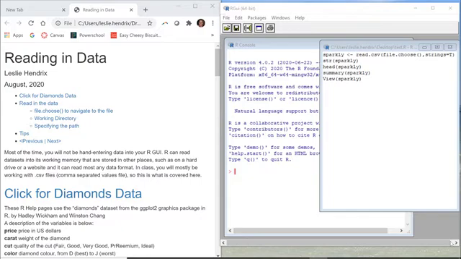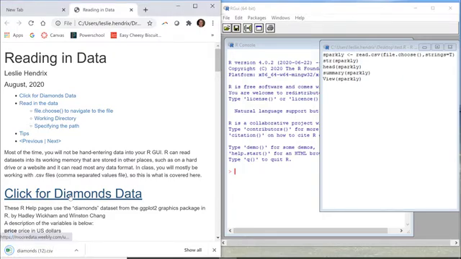So in the basics guide, we only learned how to type in a data set manually. And obviously we're going to have some larger data sets that we're going to work with this semester, and we need to be able to read them into R. So what we're going to do is just work through this R help page called Reading in Data. And you can click here for the data that we're going to use,